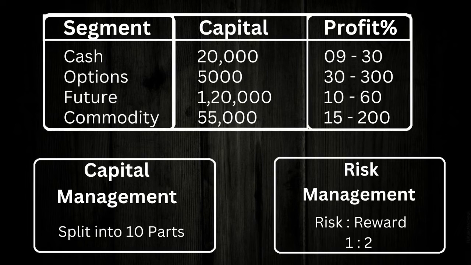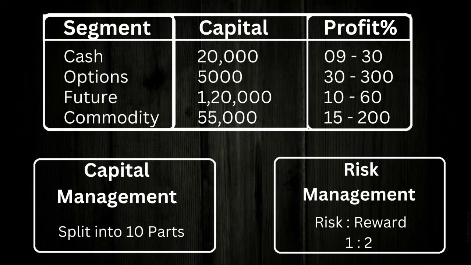So the best way to save capital is to split your capital into 10 parts and only trade 10% of your capital. So if you lose 3 times in a row, almost 30% of your capital will be wiped off, but you still have 70% of your capital, so you have 7 chances to recover your loss. With time and experience, you will gain more accuracy than you currently have. So even if you get a smaller number of profits, your profit size will be more than the size of your loss.